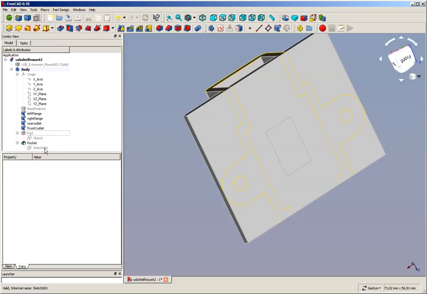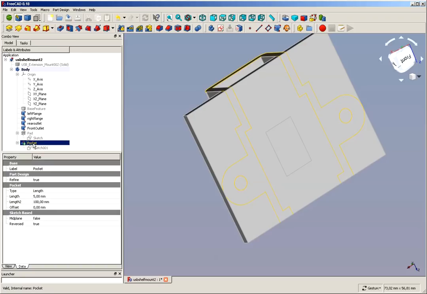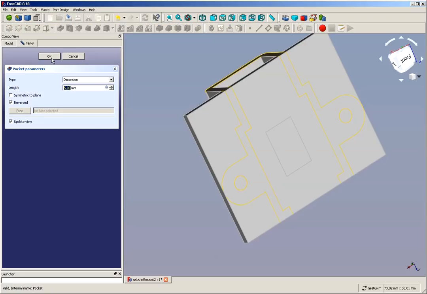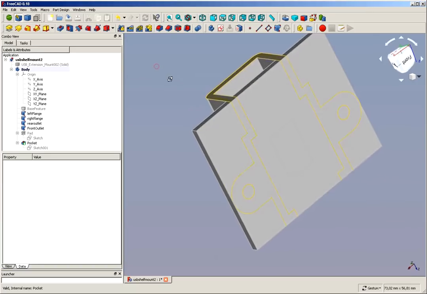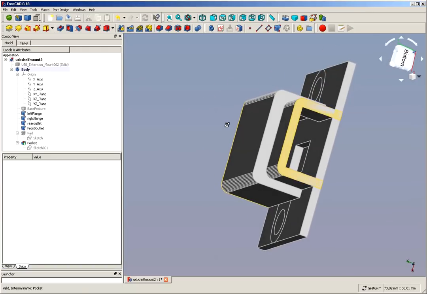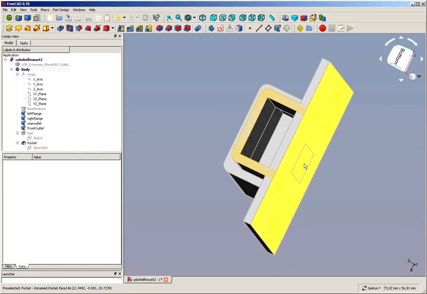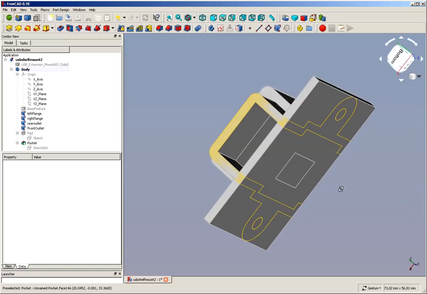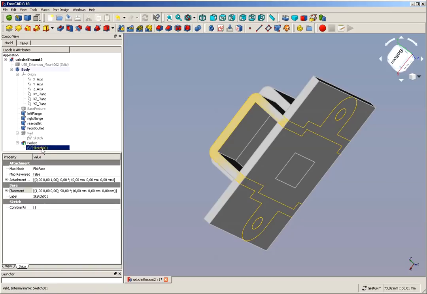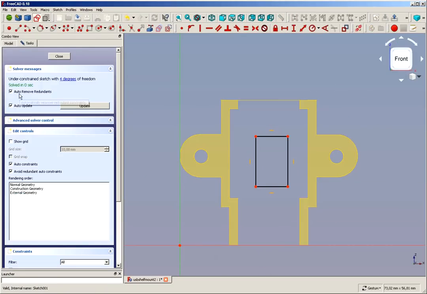Now, the problem is, if we take the pocket again, make it reversed, and look to the inside, we can see it made the pocket, but strangely the pocket doesn't come through here. And that again has to do with the weird things that we have imported with our STL file. And there's a simple solution in this case, which is,